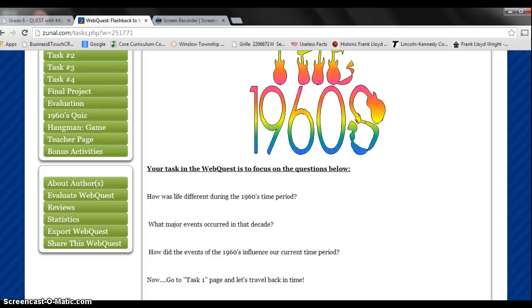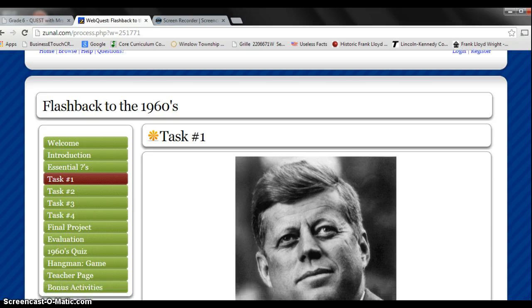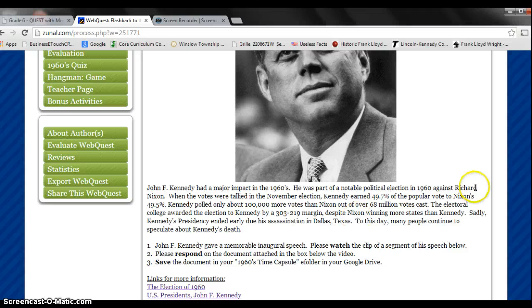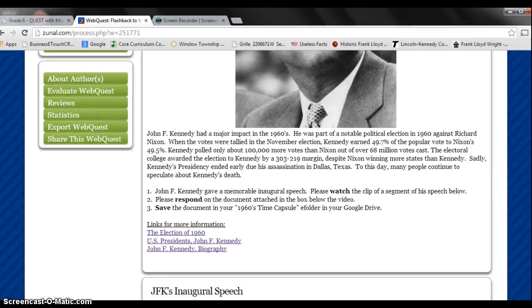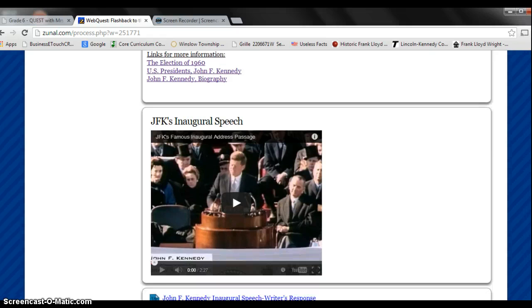So we are now ready to start at task 1. I'm going to navigate to that just to give you a brief overview. For task 1, you're going to focus on John F. Kennedy. Here's some background about him. Your assignment is listed right here below the description. You are to view the inaugural speech right here. It's a snippet of the speech he gave at his inauguration, and then you are going to respond to